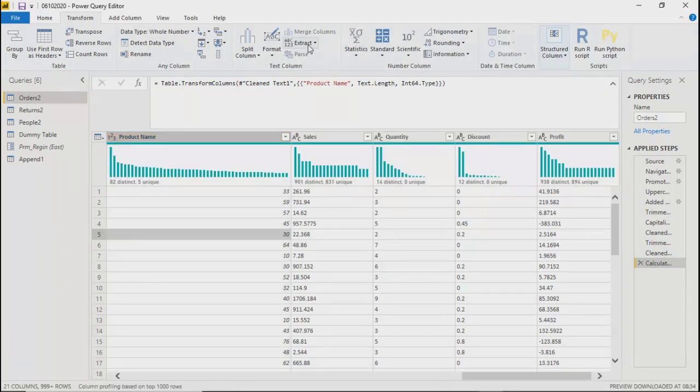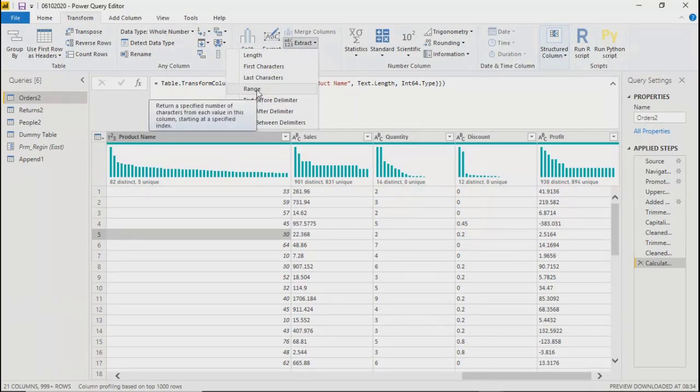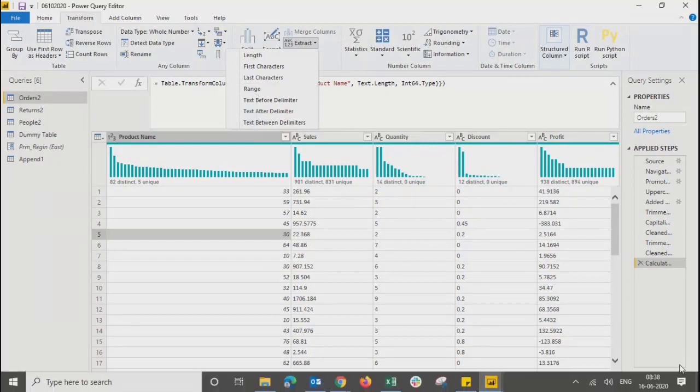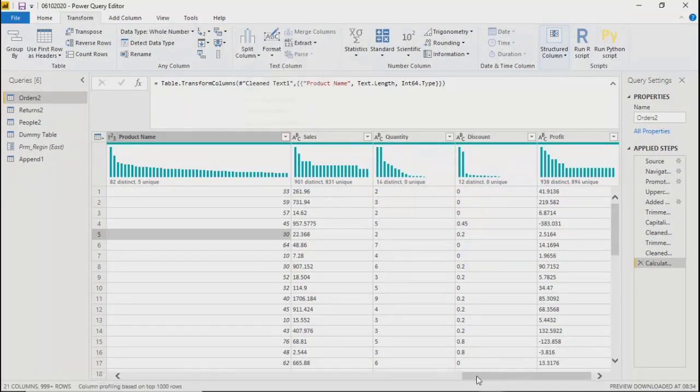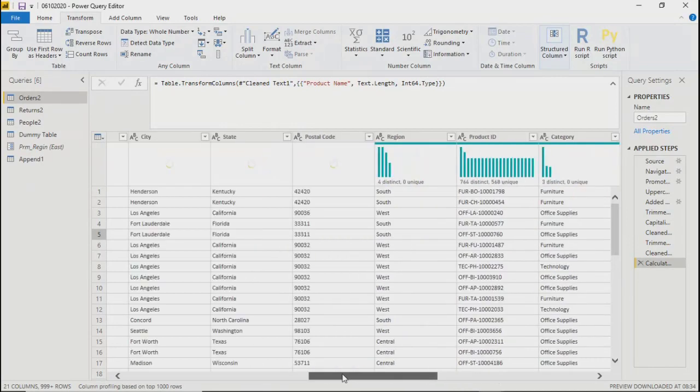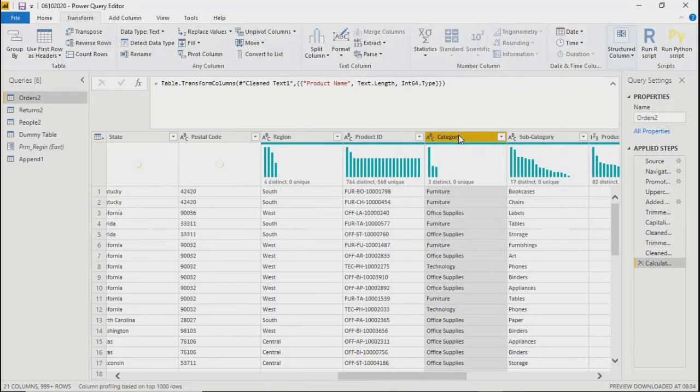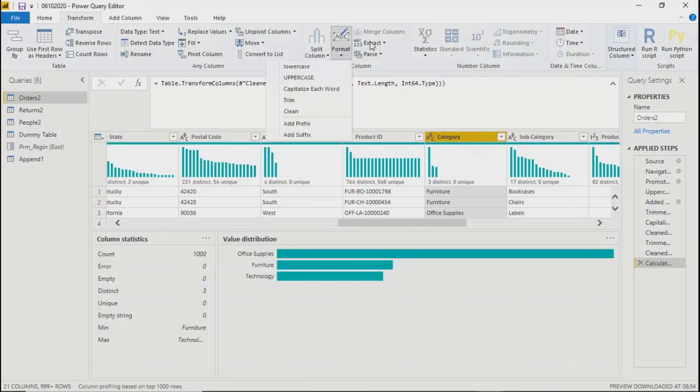In case you want, you can do further things. Maybe the range. Okay, what is range? Range returns a specific number of characters from each value in this column, starting at a specified index. Okay, let's see. I'll go ahead and use range for this field, category, and I'll say extract range.